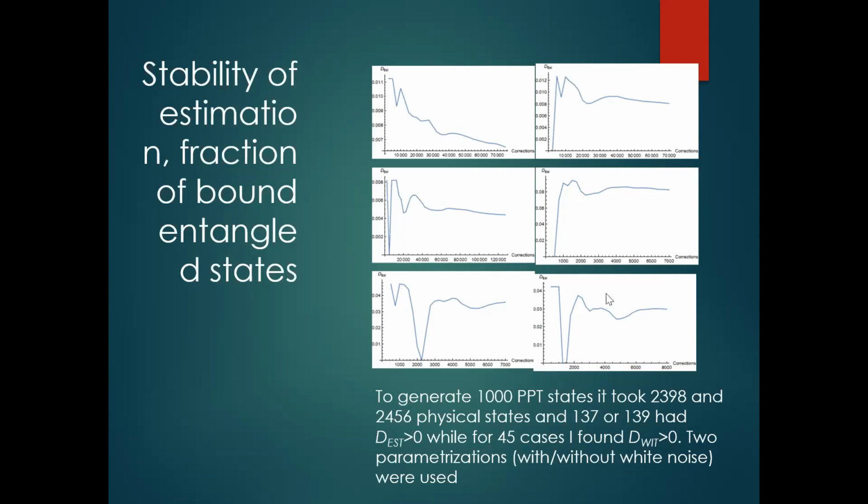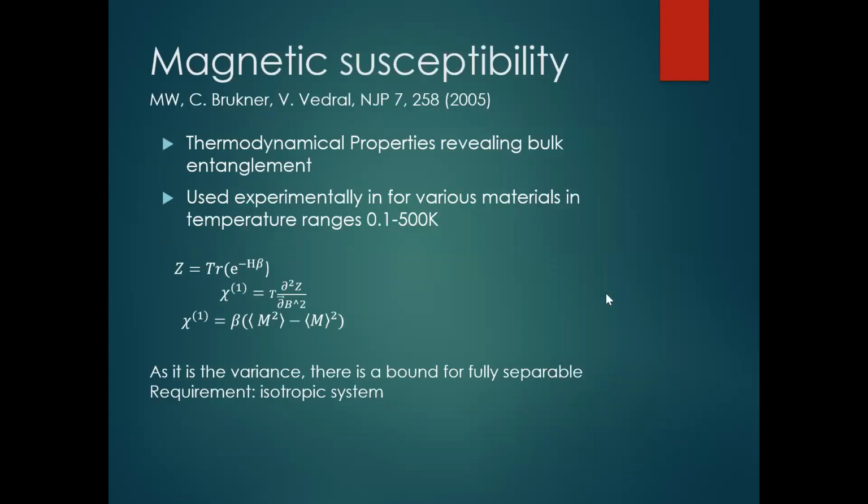I mean, yeah, for one state it's different than for another, so that's unpredictable. So okay, one project where it turned out to be useful was going back to the magnetic susceptibility, which was an entanglement witness that we showed in 2005, and it was demonstrated experimentally for a very broad range of temperatures. And you take the second derivative of the partition function with respect to the magnetic field,